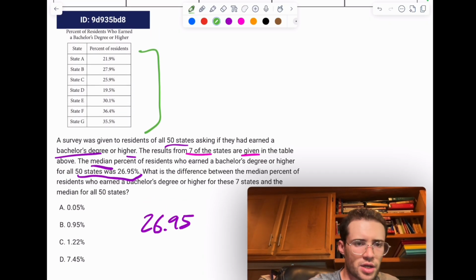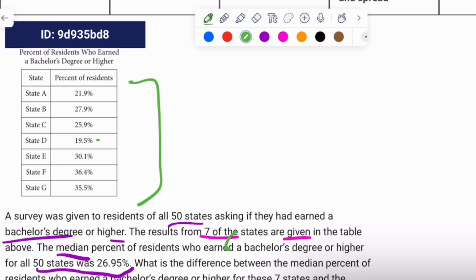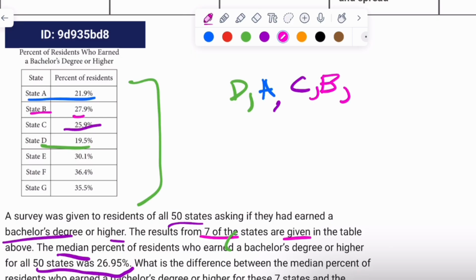Now, the trick with this one, I guess, is the fact that they didn't list them in increasing order. You go from smallest to biggest if you're going to find the middle value, because the middle of 7 is the 4th one, but this is the smallest one, not the middle value. So the smallest value is this 19.5, so it's D, and then the next smallest is A, the 21.5 or 21.9, and then you've got 25.9, that's C. Then we have 27, which is B, 27.9, which is the 4th value, so we actually already know. And then E is 30.1. And F is 36.4,